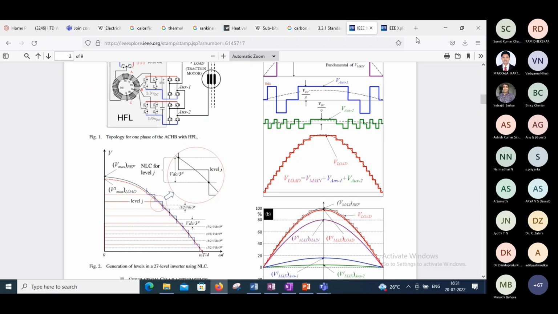Other than that, there is dv/dt stress, the rate of change of voltage with PWM. A high rate of change of voltage for a larger duration finally induces leakage current through the interwinding capacitance, and moreover, not only the interwinding capacitance, but also the cable insulation. So that actually results in premature failure.